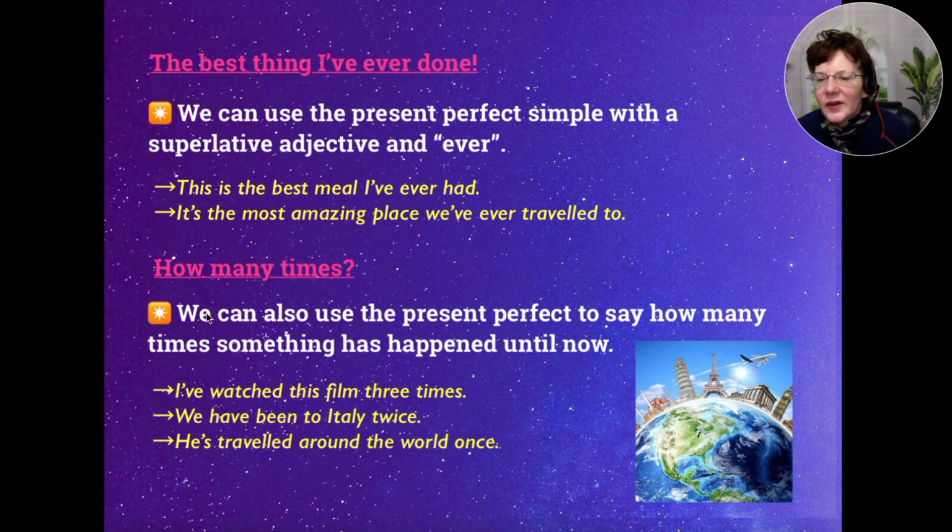All right. Let's talk about how many times. We can also use the present perfect to say how many times something has happened until now. So, for example, I've watched this film 3 times. We have been to Italy twice, right? Or he's traveled around the world once. So yes, we're not saying when, we're just saying how many times up until now. Okay,